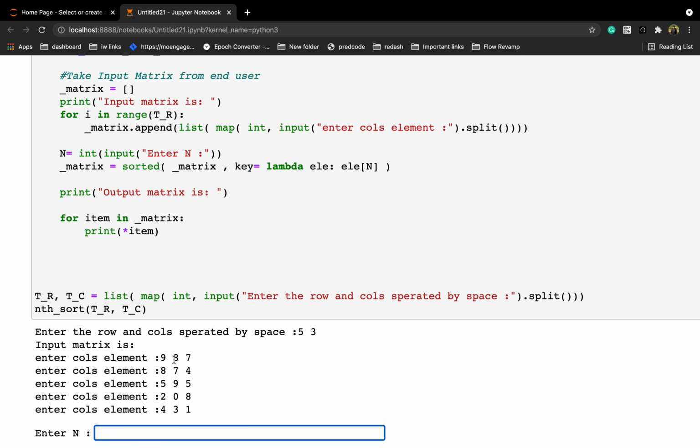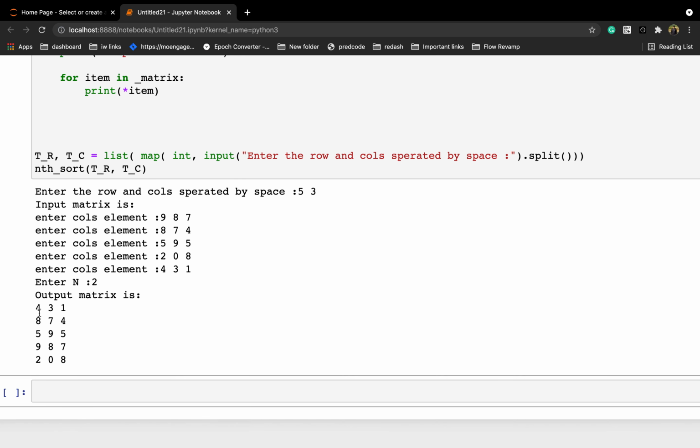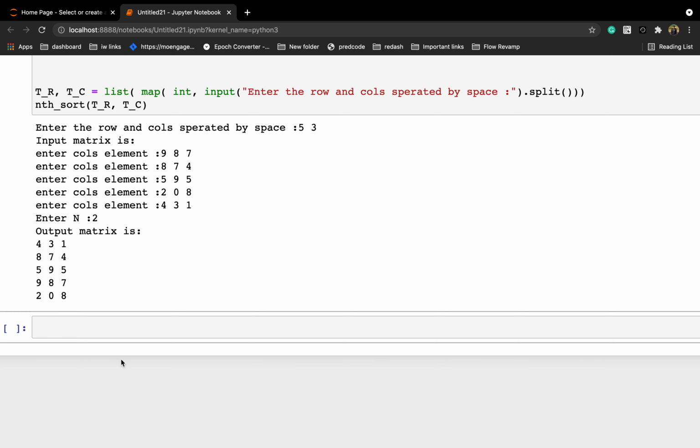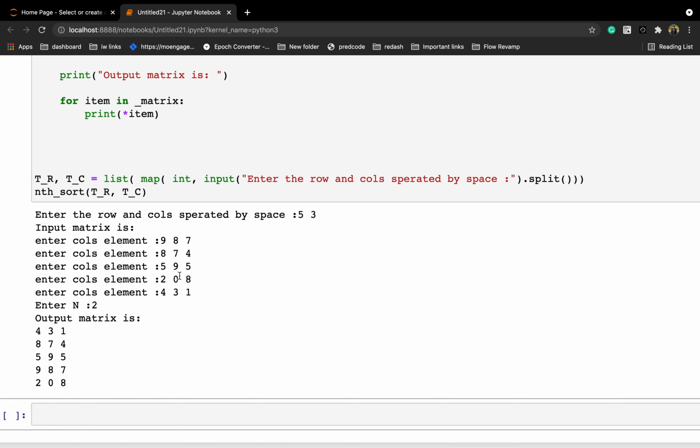Enter n. Let's say we want to sort on the basis of the second column. So the output matrix, if you see, has been sorted. Basically 208 is, yeah, if you see here, 0 is coming last, right?